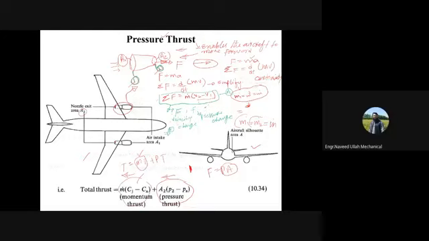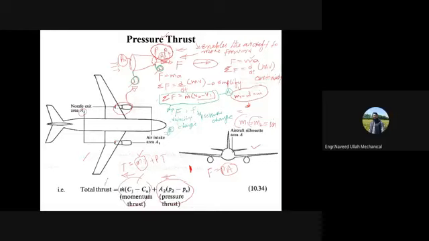ठीक है, तो यहाँ पे जो ये वेलोसिटी चेंज है, ये बेसिकली आपको प्रेशर थ्रस्ट देता है। ठीक है, और इन अदर वर्ड्स आप ये भी कह सकते हैं कि भाई यहाँ पे जो डाउनस्ट्रीम प्रेशर है वो कम है। इनकी वजह से जो आपके पास प्रेशर ड्रॉप है, इसकी वजह से भी ये थ्रस्ट प्रोड्यूस होता है। दैट इज बेसिकली योर प्रेशर थ्रस्ट।